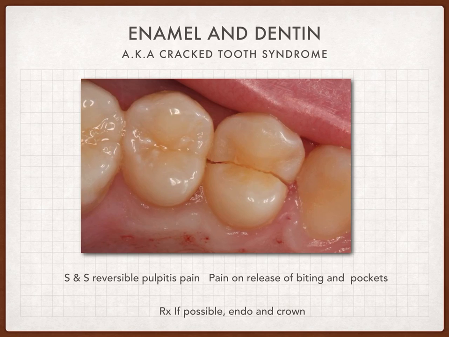The cracked tooth syndrome is a syndrome that is composed of three cases. This is the first case, when there is a vertical fracture that extends to the dentin and is present in the crown only. The signs and symptoms of this cracked tooth syndrome: the sign is a visible fracture that we can see by inspection or by transillumination, and the symptoms are